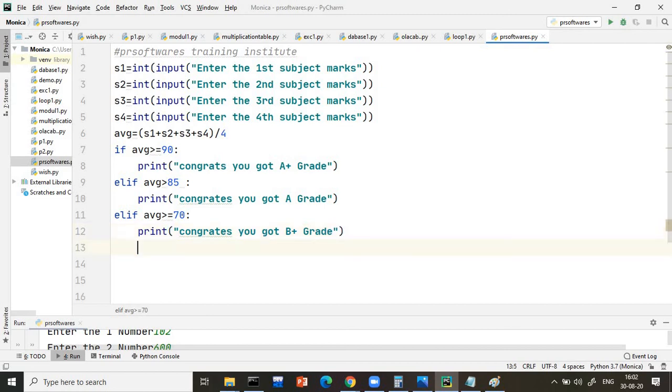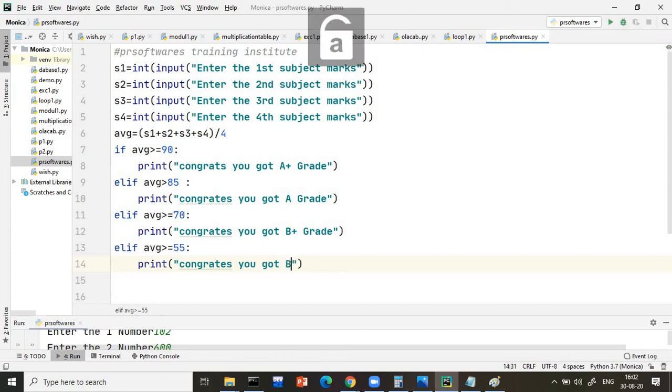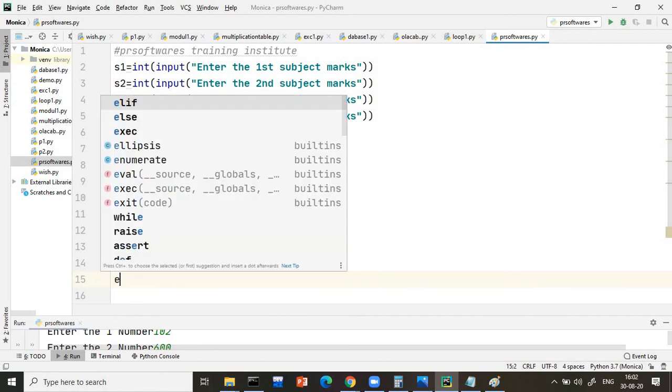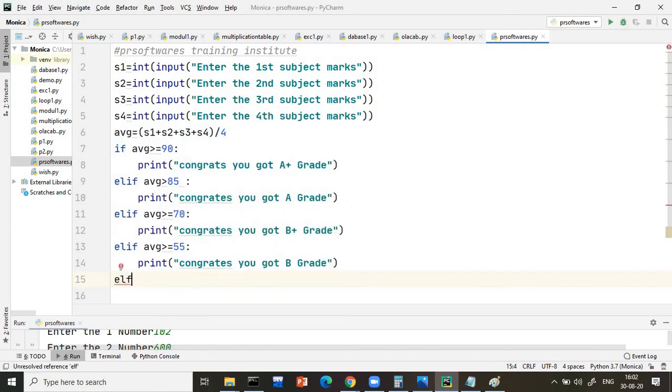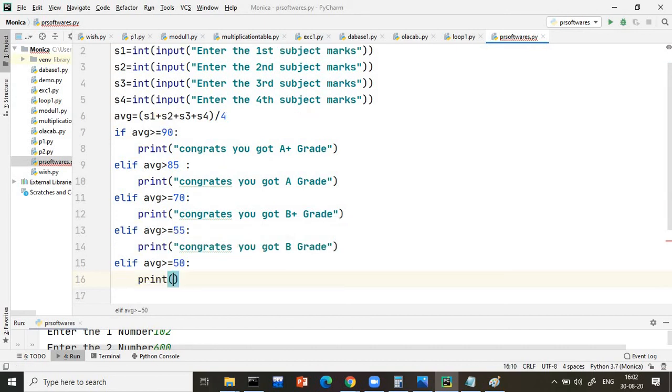The next elif again, average greater than or equals to 55, print congrats, you got B grade. Elif, average greater than or equals to 60. Oh sorry, 50. If this is true, I wanted to print you got C grade.